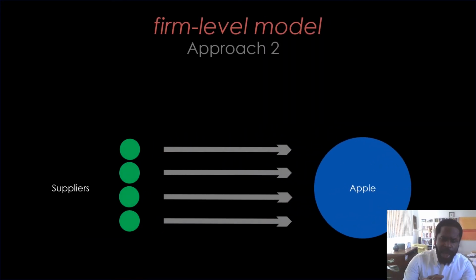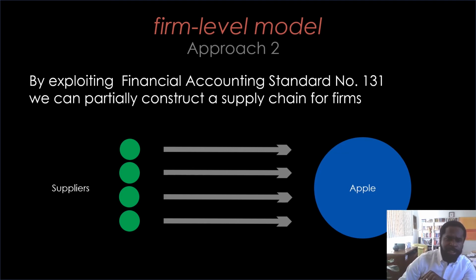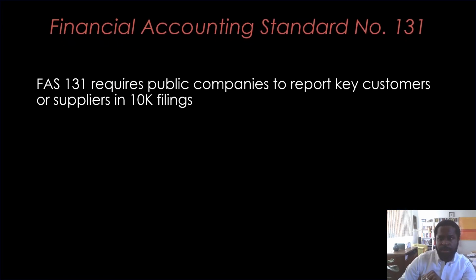Of course, Apple is a large company with many different suppliers, and that's where our second approach comes in. So our second approach was all about exploiting Financial Accounting Standard Number 131 so that we can partially construct a supply chain. One note on this is this accounting standard requires public companies to report key customers or suppliers in their